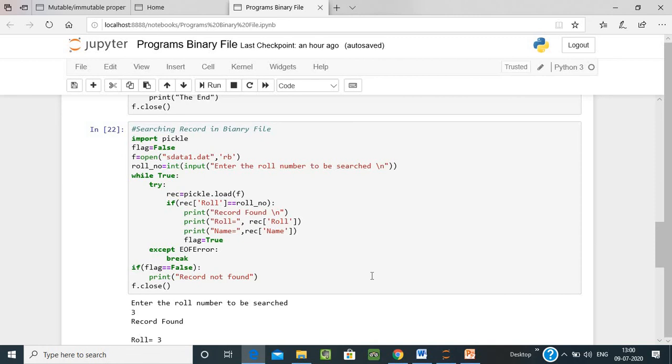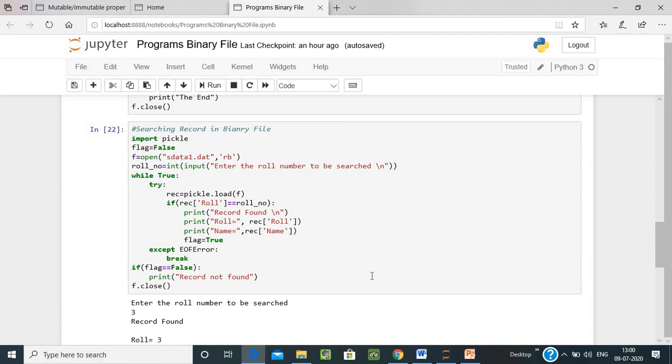Here is a variable which stores the roll number we want to search. Now infinite loop, while True, try: record equals to pickle.load(f). Here is one more variable, record, and we are storing the content of the file in record.